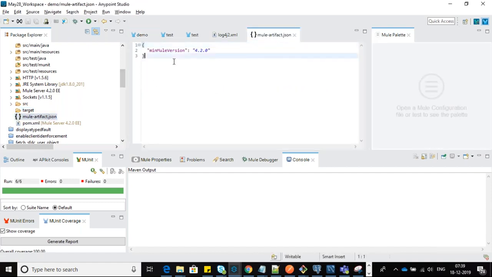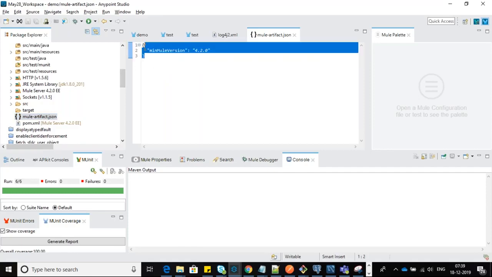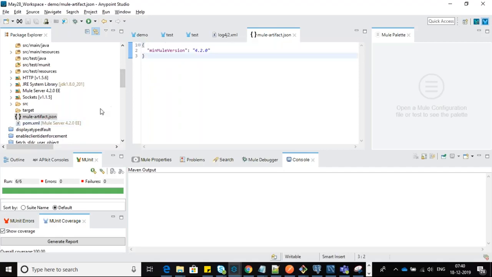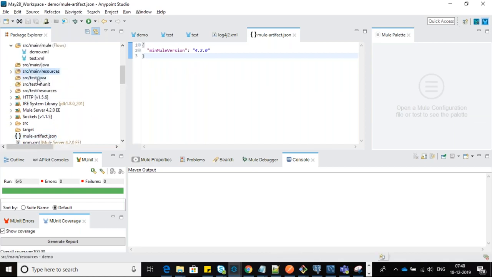This is the file where you maintain the version. Here we can also maintain the environment properties, but it's actually not recommended. You should create a separate folder under src/main/resources and maintain different properties files based on your environment. If you have multiple environments, we'll create dev.properties, production.properties, QA.properties. Like that we create external files and then utilize them. We'll see this in future, so don't get confused. So this is the project structure, guys.